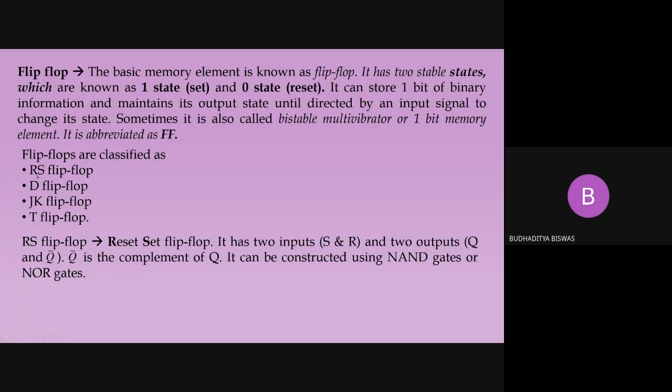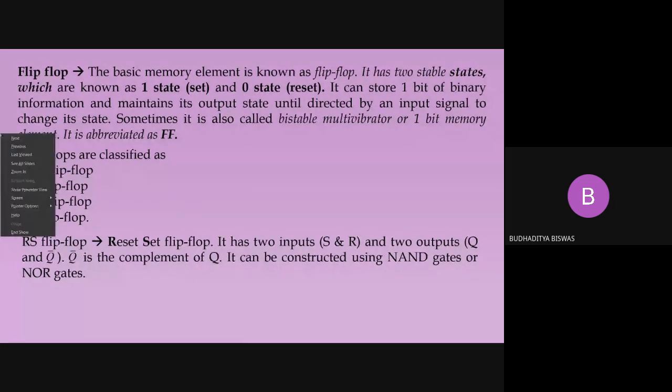So first of all, these are nothing but the inputs of the flip-flop. In case of the RS flip-flop, how many inputs are there? 2. So 2 inputs are there. One is R, one is S. R means it's a reset input. S means it's a set input. Similarly, can somebody tell me how many inputs are there in case of the D flip-flop?